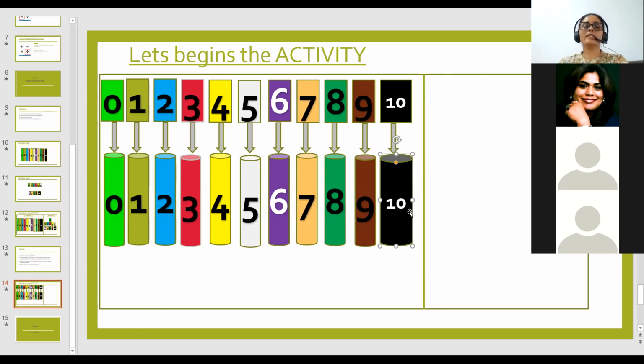Of course, that will be the next step. We will do that later on. Right now, you need to understand up to 9, it's a single digit. And from 10 onwards, your double digits start off. And then the next series of double digits will go on till 99, and then your 3 digits start off. But that will happen in the next year. For now, you just need to understand this much. All clear? Any questions? No?